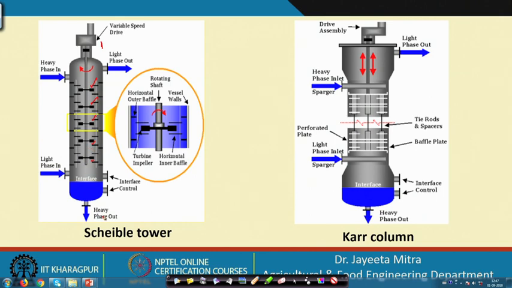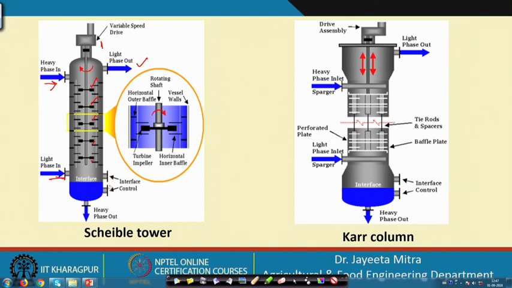the proper mixing. So, in this the heavy phase is coming in from the top, and that heavy phase will come down eventually. While coming down, it will have the effect of these agitators, there will be some proper mixing, and the light phase is entering the system from the bottom. So, the heavy phase will eventually come down and exit from the bottom, and the light phase will eventually go to the upper right section and exit.